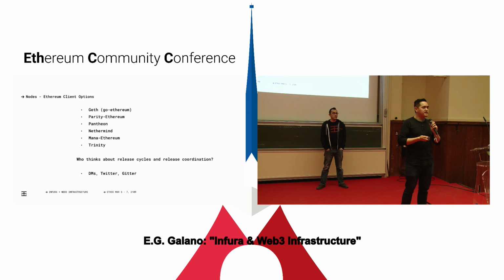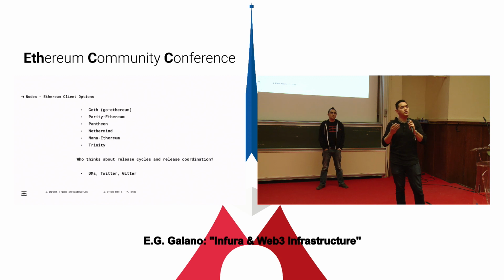So one of the things to consider when you're talking about running infrastructure, say you're going to start a decentralized exchange or a traditional exchange, is that your back-end systems may still require running your own nodes, as a traditional business, whether it's for your own personal accounting or additional APIs that you want to provide on top of that. And understanding which clients are available for you to run is important,